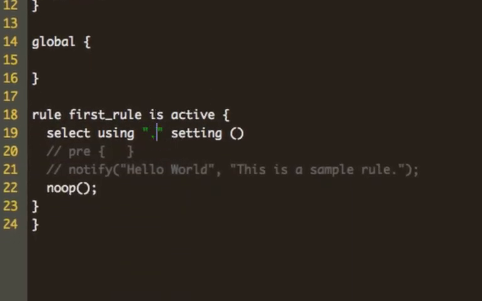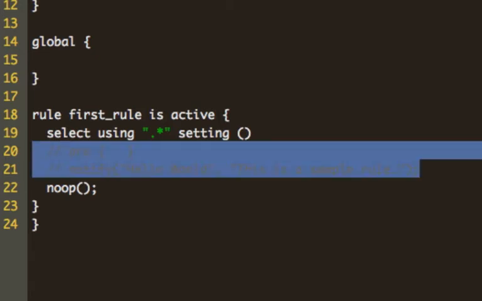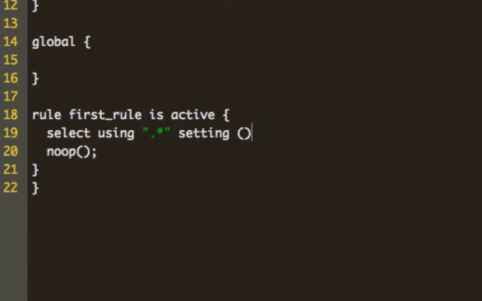The dispatch domain will be blank because it's a bookmarklet. There's no need for it. And the select statement is .star, so it'll run on every single page. I could do a no op, but I am going to do a notification that says $K is now available